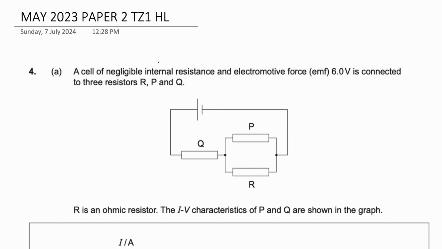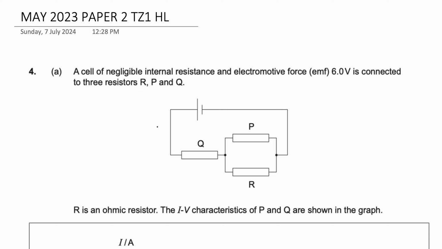Today we're going to be solving a problem from the May 2023 IB Physics HL examinations. This is a paper 2 problem. Let's get started. A cell of negligible internal resistance and electromotive force EMF 6 volts is connected to 3 resistors